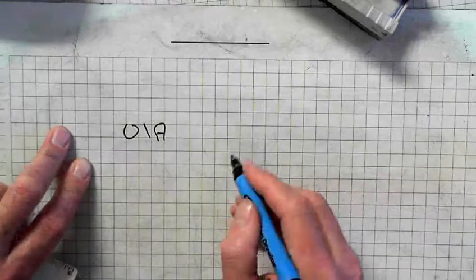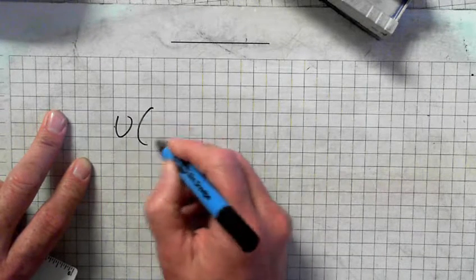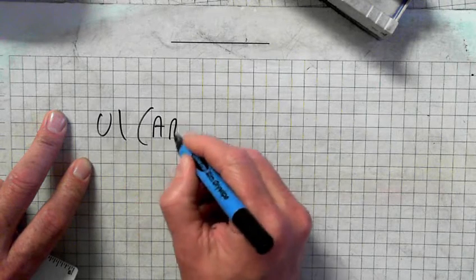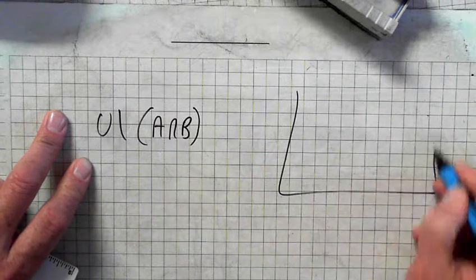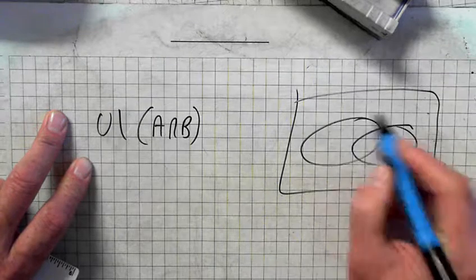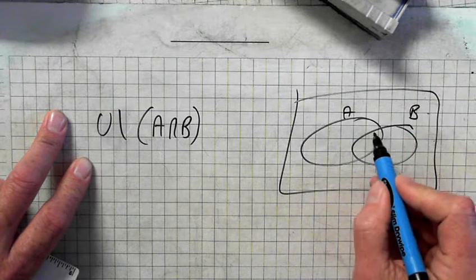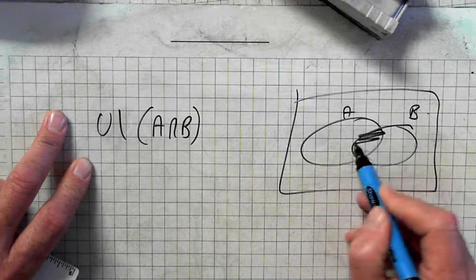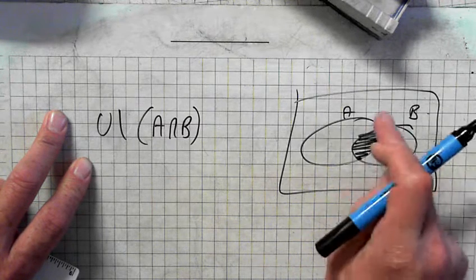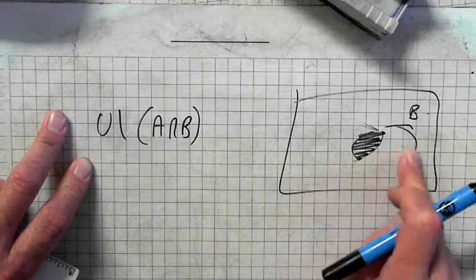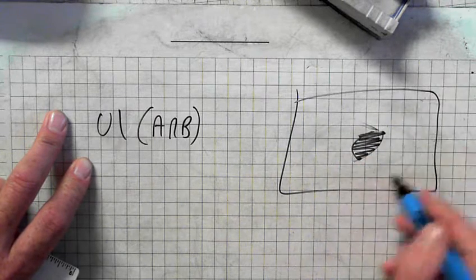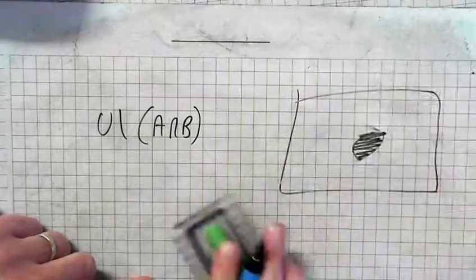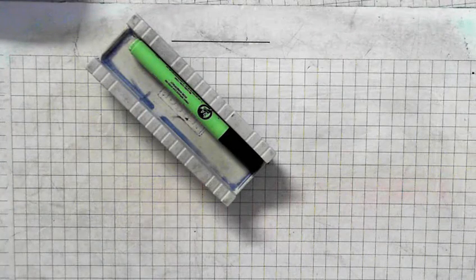And then universe less A intersection B. Everything except A intersection B. A intersection B is the shaded region here. So I'll just shade that. So everything outside. So all the white area is this. Okay, now that was a long video, but